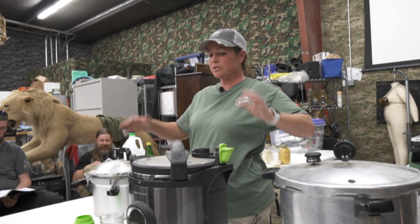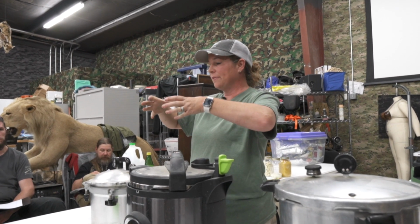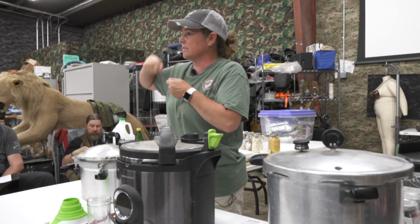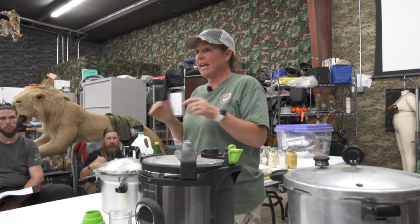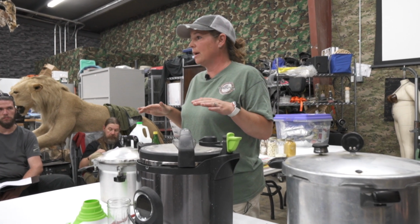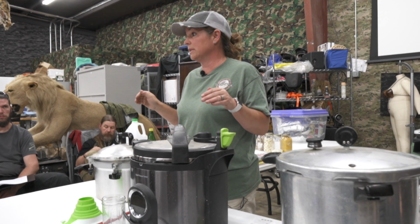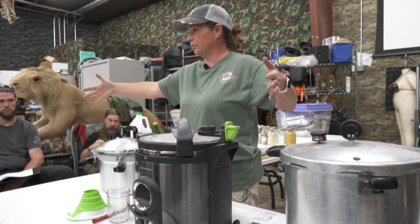Yeah. So I have this really cool, and I should have brought it, but it's a cabbage shredder. You put the whole head of cabbage in this little square, and you run it up and down. It looks like a washboard. That is the fastest way to shred cabbage that I have found of all the different things. Don't try a food processor. Having to cut it up with a knife is fine if that's what you want to do. But this cabbage shredder is amazing. And I just do it into a big old tub, and then I've got a whole tote full of shredded